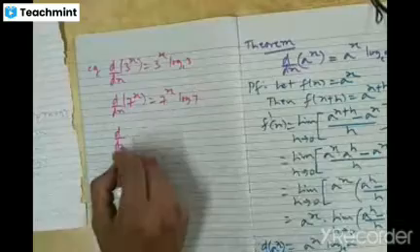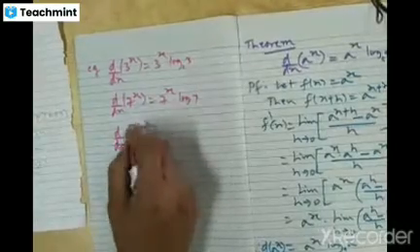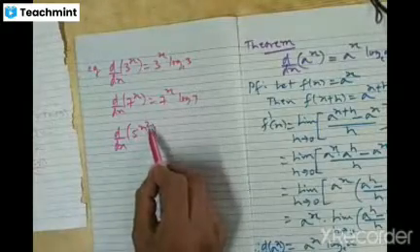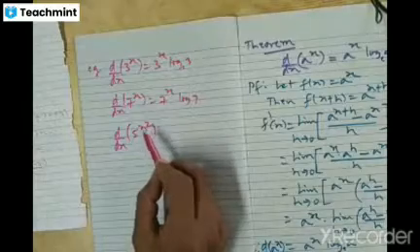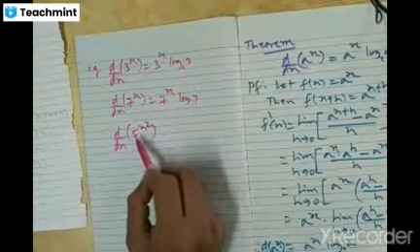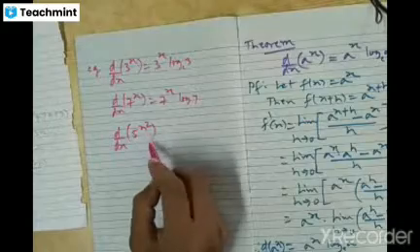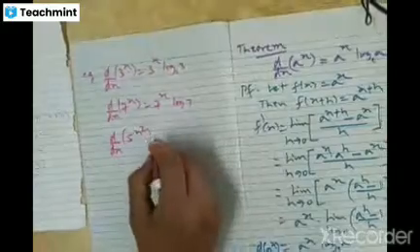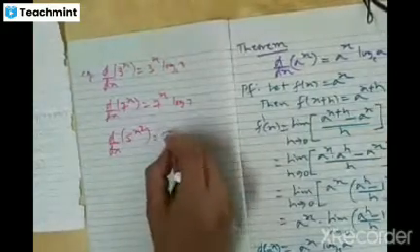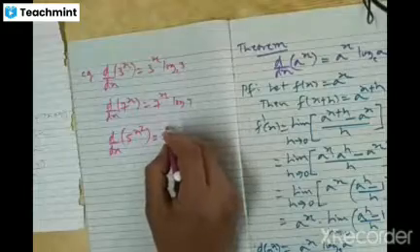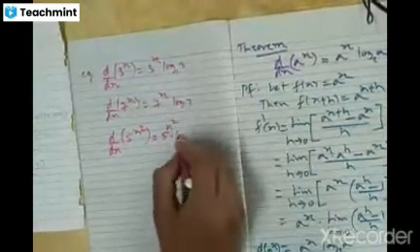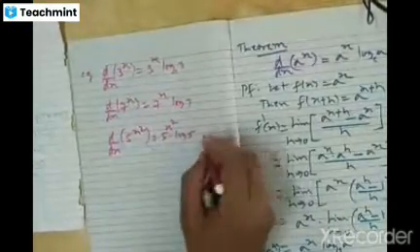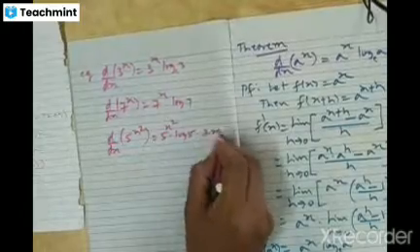D by dx of 5 power x square. Say, 5 power x square is not an ordinary function. This is composition of two functions. One is x square function, other one is 5 power x function, right? So we have to use chain rule. Assume x square as u. Derivative of 5 power u with respect to u is 5 power u into log 5, right? So 5 power, in place of u we have x square, into log 5. Log 5 means log 5 to the base e, into d by dx of x square. D by dx of x square is 2x. Understood?